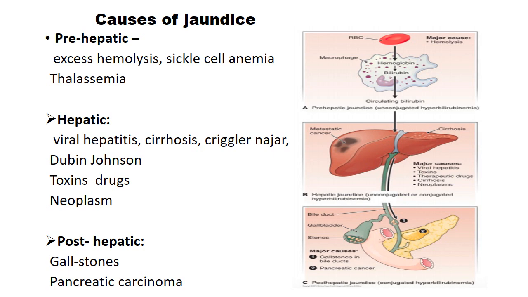There are certain syndromes, metabolic problems, toxins, drugs, and neoplasm of the liver that may give rise to hepatic jaundice, due to the liver. And post-hepatic is usually due to gallstones. Gallstones we had mentioned earlier, where they can get stuck. And another thing is where the duct enters into the duodenum, the head of the pancreas is resting there. So a neoplasm in the head of the pancreas is going to compress this place where the bile is getting secreted into the duodenum.